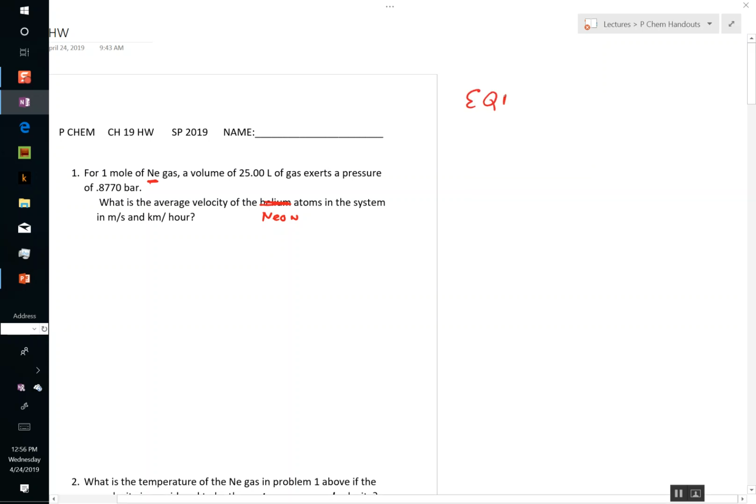So it's supposed to be neon. Yeah, it's supposed to be neon. The question wasn't internally consistent. It starts out with a mole of neon, then asks you what the velocity of hydrogen or helium is. So then the velocity doesn't exist. Right, that's the answer, a nonsensical question. So, equation 19.8 has the pressure